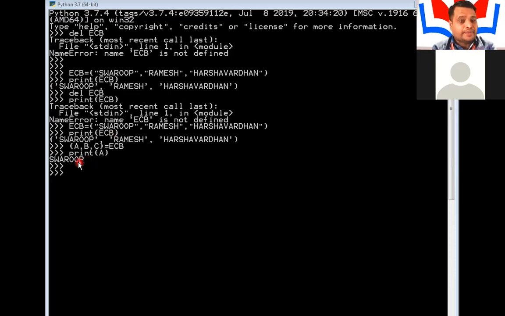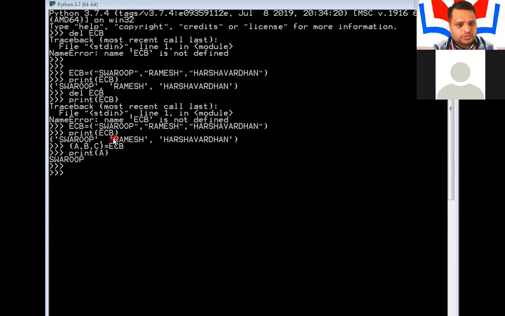Okay, it is going to be unpacked. Unpacked means we are extracting it. So we are extracting the elements which are present in the tuple. Okay, so we had done that. What is the syntax here? Whatever number of elements you have, you need to specify alternate names for them. Here I have specified A, B, C.